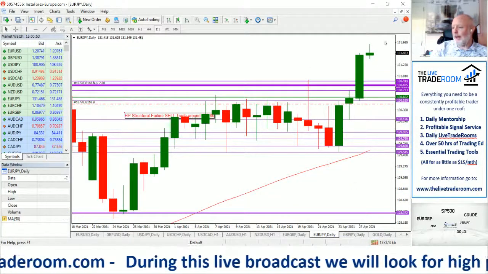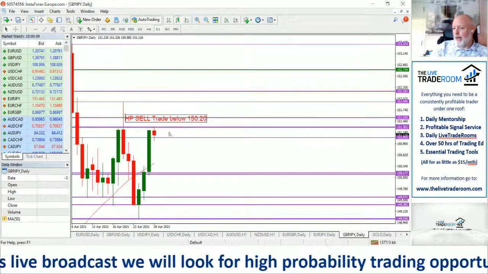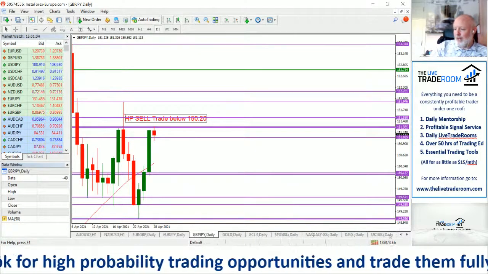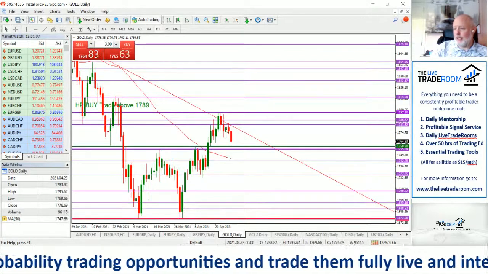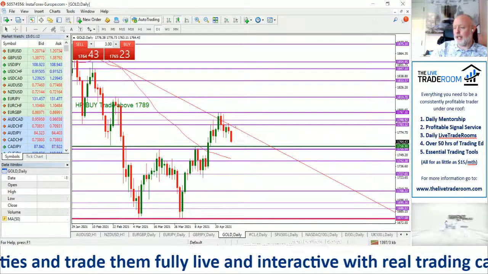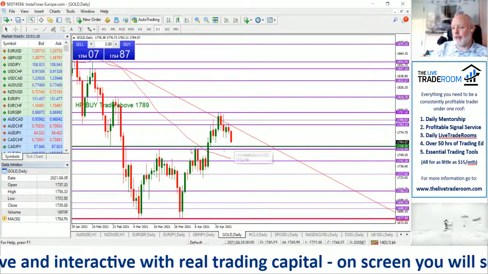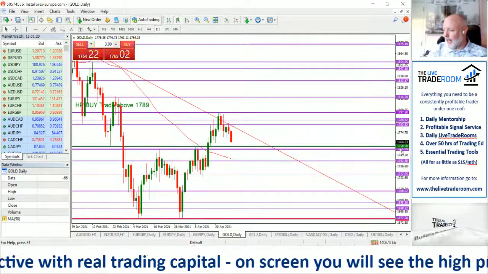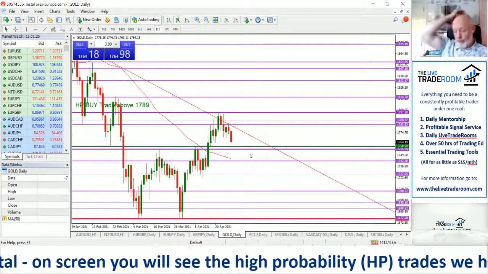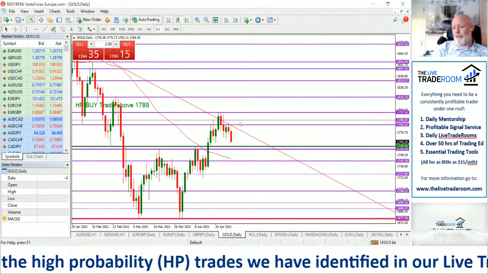It might be worth looking at a bit of a pullback trade here on the Euro Yen, maybe a structural failure trade to the upside for the pound yen. Let's see where gold is at. It's just really a correction, and we spoke about this being a level of resistance at these levels, so it's actually conforming as per that expectation. It's just rolling further to the downside, and if we get back to that 1758 level, so we're only $6 or $7 away from that level, then we can expect a little bit of buying to maybe come in at that price, and that might give us the pullback trade.